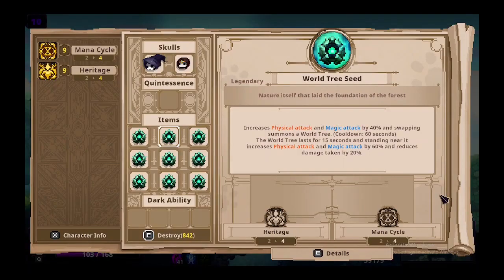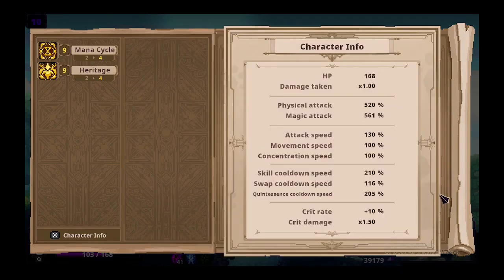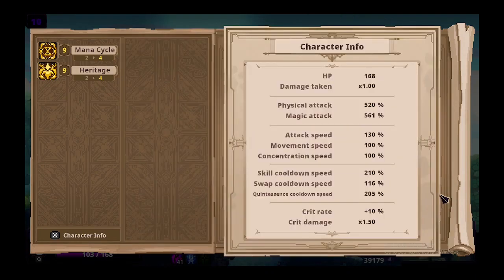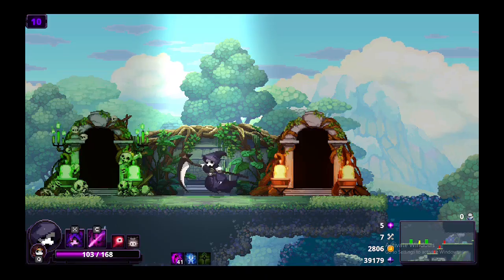Reseed. Nature itself that laid the foundation of the forest. Increased physical attack and magic attack by 40%, and swapping summons a world tree. Cooldown 60 seconds. The world tree lasts 15 seconds, and standing near it increases physical attack and magic attack by 60%, and reduces damage taken by 20%. So 520 physical attack and 520 magic attack it would be if I wasn't using the Grim Reaper, but then when you swap,